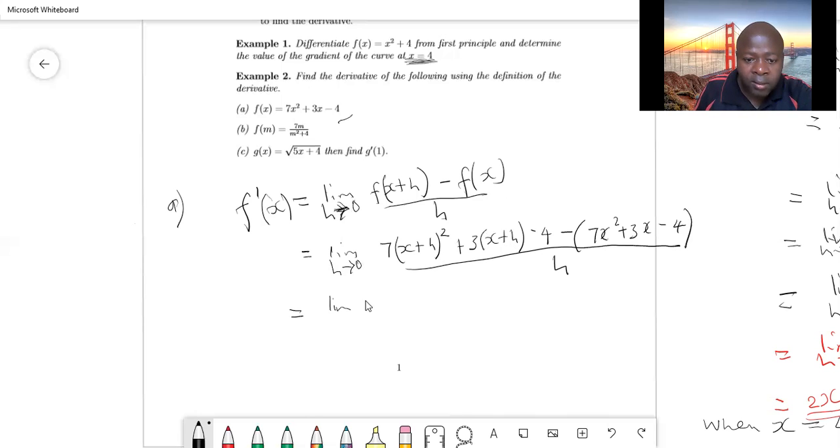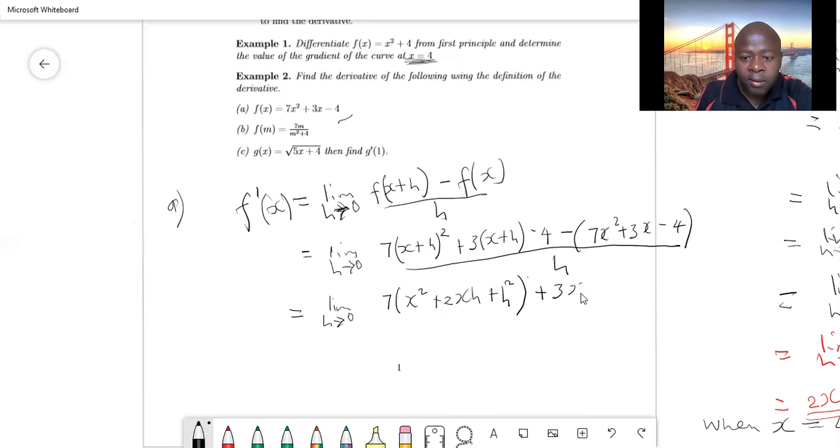So doing that, as h tends to 0, we would have 7 into, expanding that, x squared plus 2xh plus h squared. We are done with that first bracket, and then plus